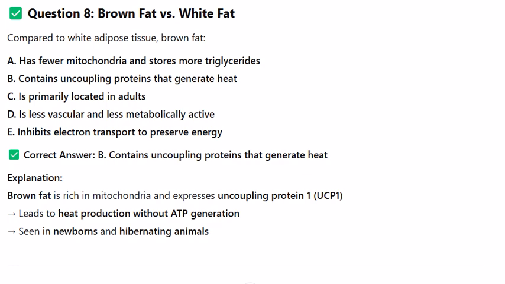Explanation: brown fat is rich in mitochondria and expresses uncoupling protein 1, UCP1, leading to heat production without ATP generation, seen in newborns and hibernating animals. Want a flowchart of the